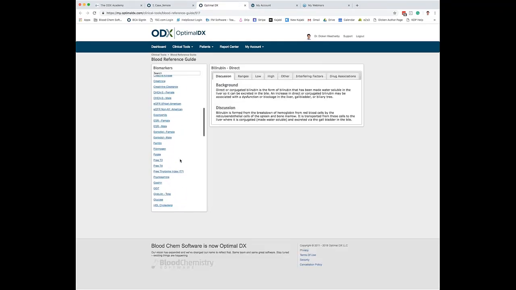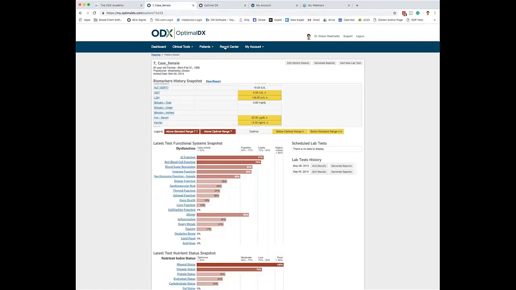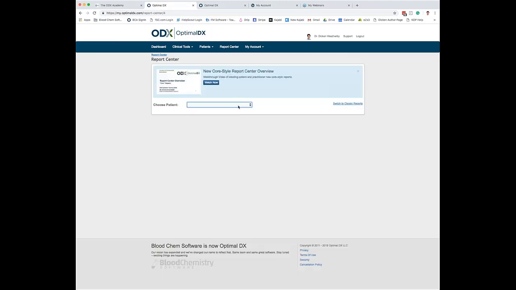This goes way beyond my book. So instead of kind of keep reissuing my book, I've actually poured most of my attention into the software and increasing this. Let's quick look at the report center. You basically select a patient, select what blood test you want to look at,